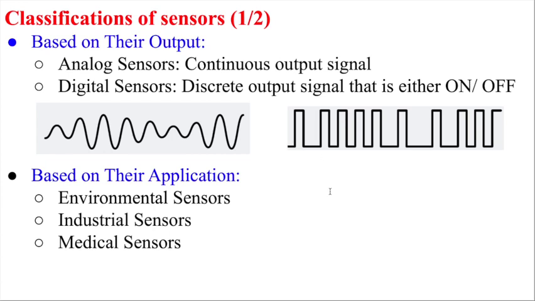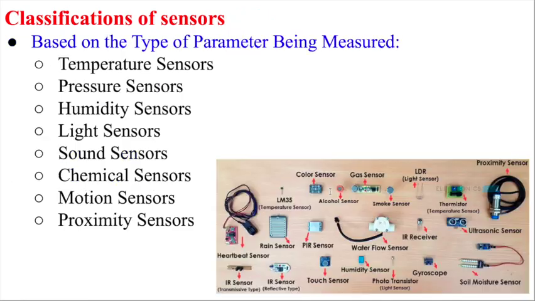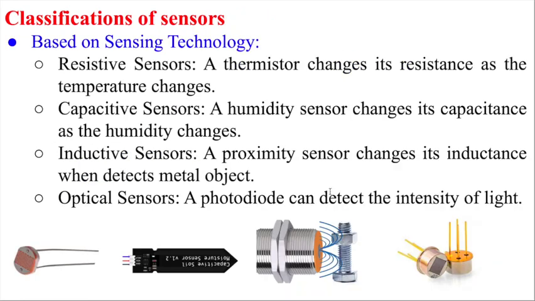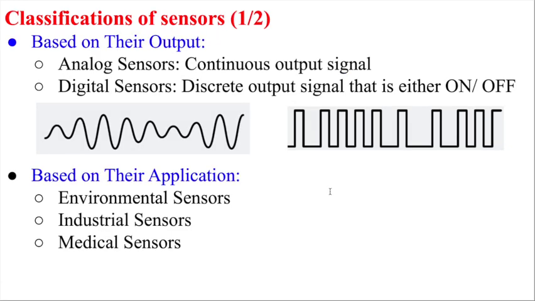Now we go to another class of sensor classification. Some literature says that classifying based on the technology you have built is not the correct way. They can divide sensors very easily into two categories: one is analog, the other is digital. If a sensor continuously transmits its data, without any interrupt or without any delay,